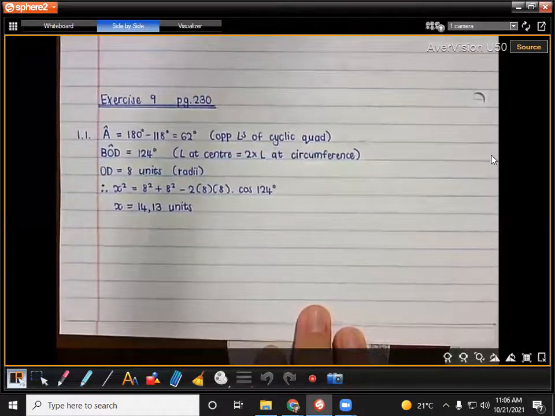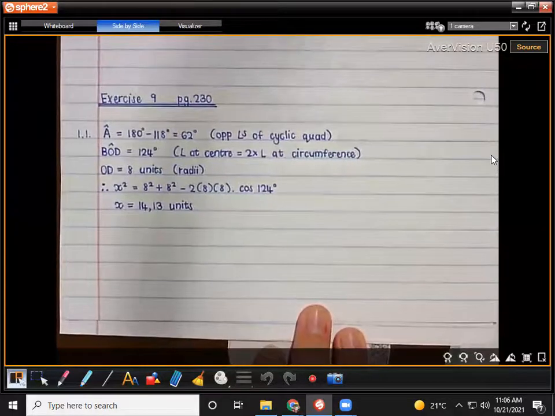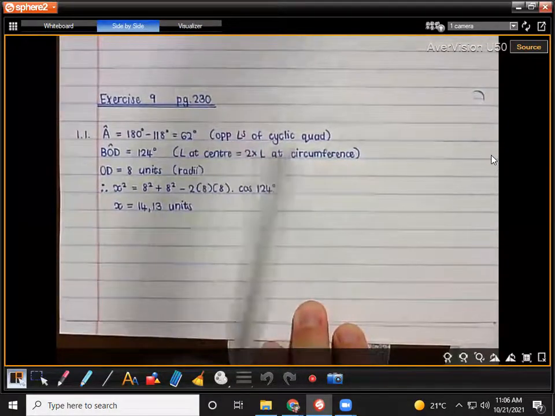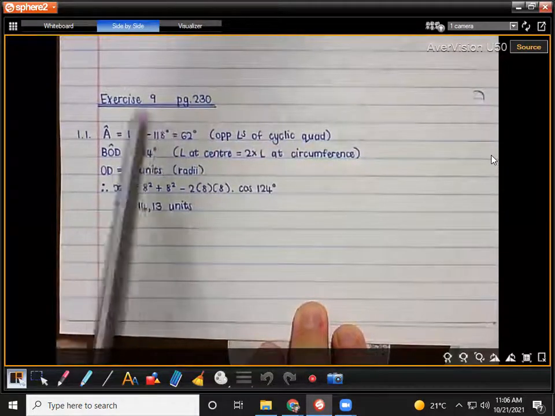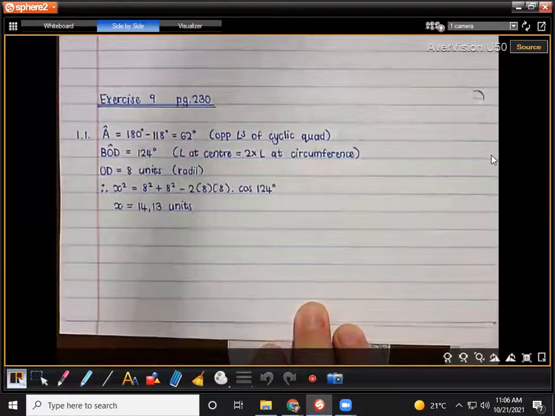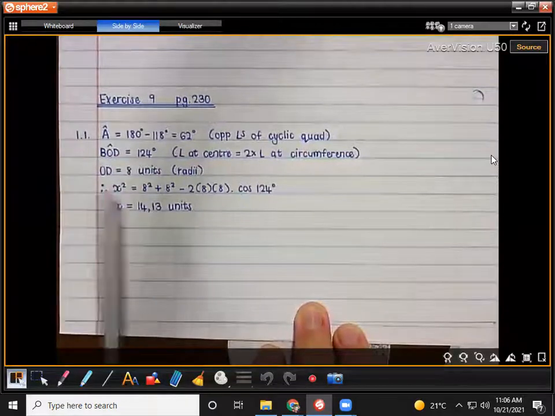Radii, yes, it's that. Okay, guys, so I did opposite angles of a cyclic quad. They gave you this bottom angle, which was 118. So I used that to get A, which was the top angle. Because do we remember that opposite angles of a cyclic quad add up to 180? All right, so that's what you had to do to get angle A, which was the top one. Then I used angle at center to get BOD, which obviously was the one at the center, which was